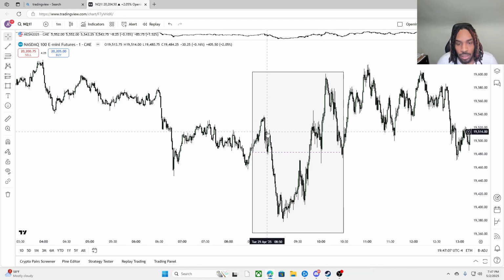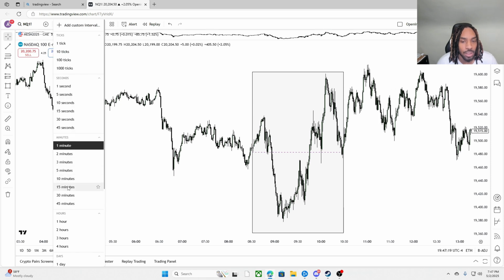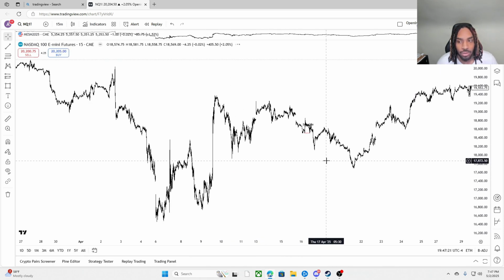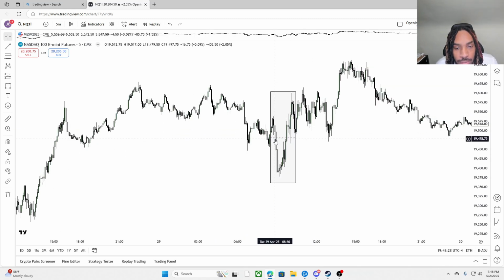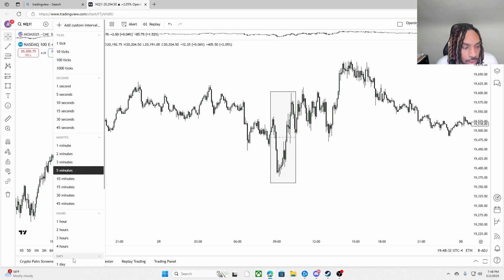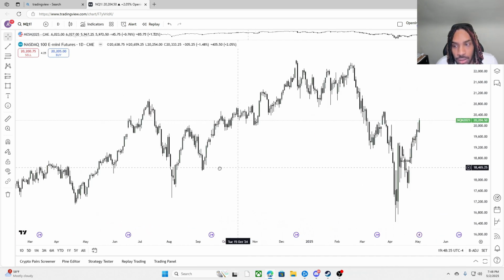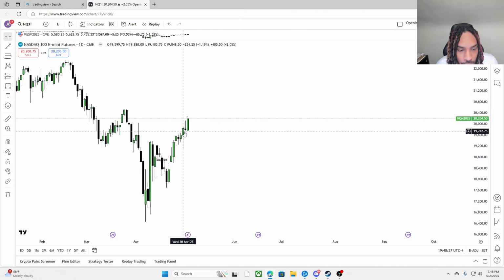Before that happened, we had a big run down lower, which is your manipulation. And that big run down lower wasn't just random. If you go down to right here, if you look at this run down here, I was bullish on this day, and this day on a daily chart was this day right here. That was Tuesday.